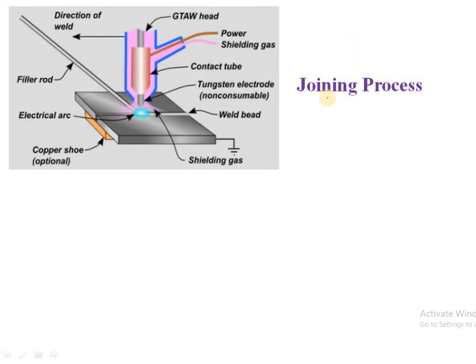So here is the next process, that is joining process, in which the product is not manufactured but it is combined to each other. If suppose there are two metals, to join them, joining process is used. It is used to manufacture the long size components, and at the same time if the component is broken, again to join it we are using the joining process. There are different types of joining process, welding, arc welding and many others.